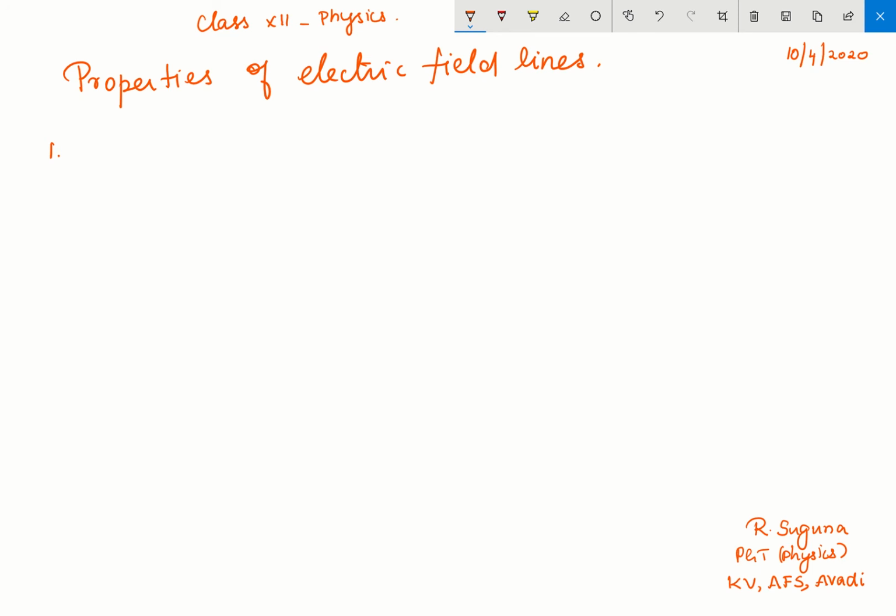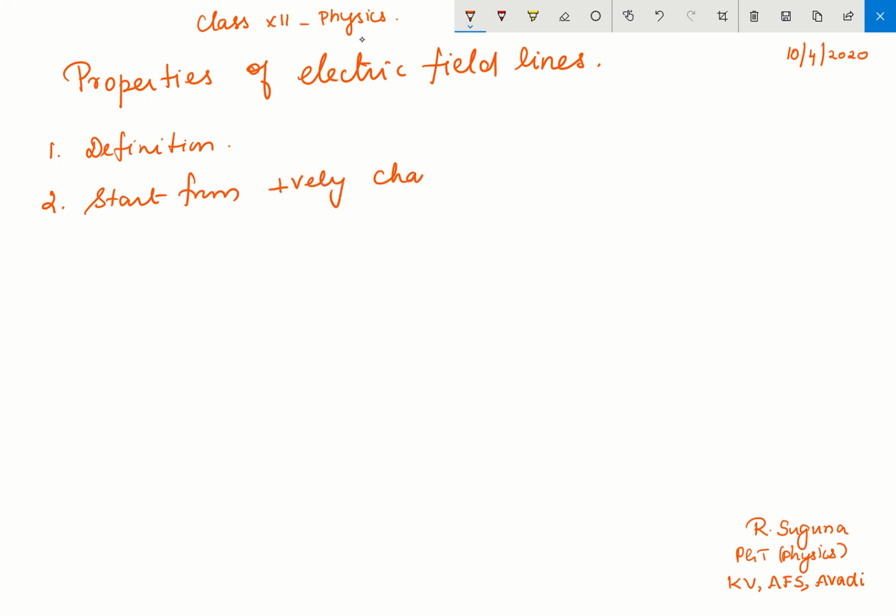Therefore, it is an imaginary line drawn in an electric field such that the tangent drawn to it at any point gives the direction of the electric field at that point. Okay. The first one is the definition. Then what is the second one? Second, the electric field lines start from